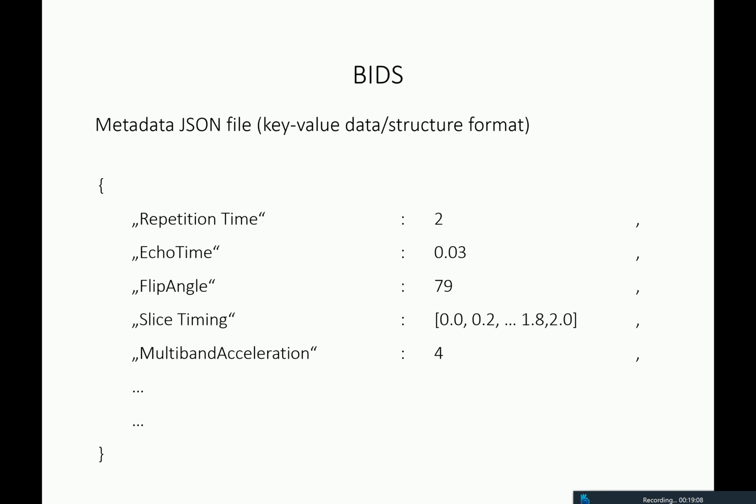And I think there are also mandatory things for JSON files, like for example TR, because you all know that it's really hard to do a GLM analysis if you don't know the TR. Actually, it doesn't work. Well, it works if you have the onsets in TRs, and I think it doesn't really matter. No, it doesn't. Will it work? But it's definitely a core metadata feature that you need to make sense of